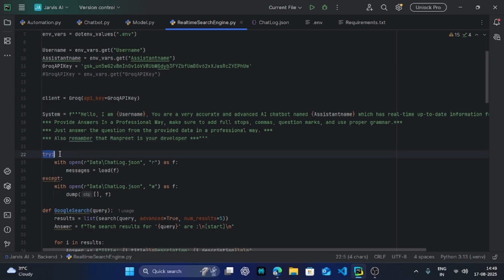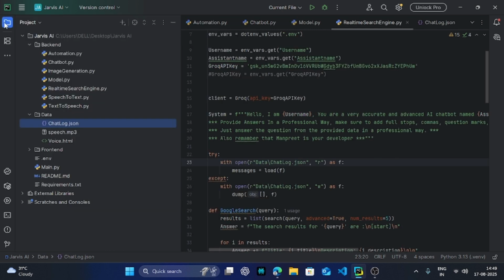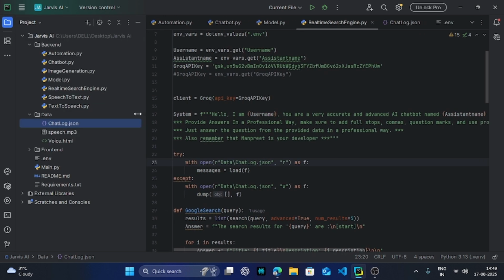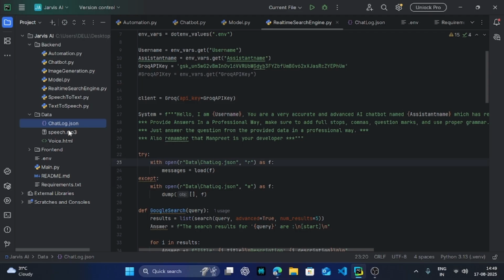Now the try-except. I added this because of errors. It is trying with open. It will open the data folder, as you can see here, and then go to chatlog.json in read mode as f.